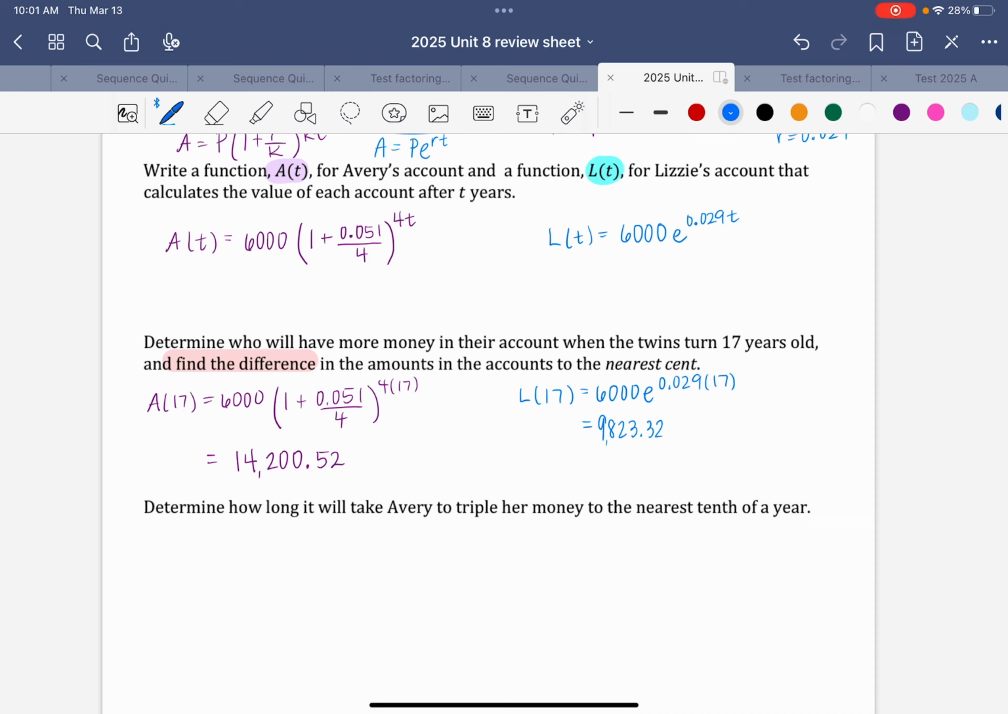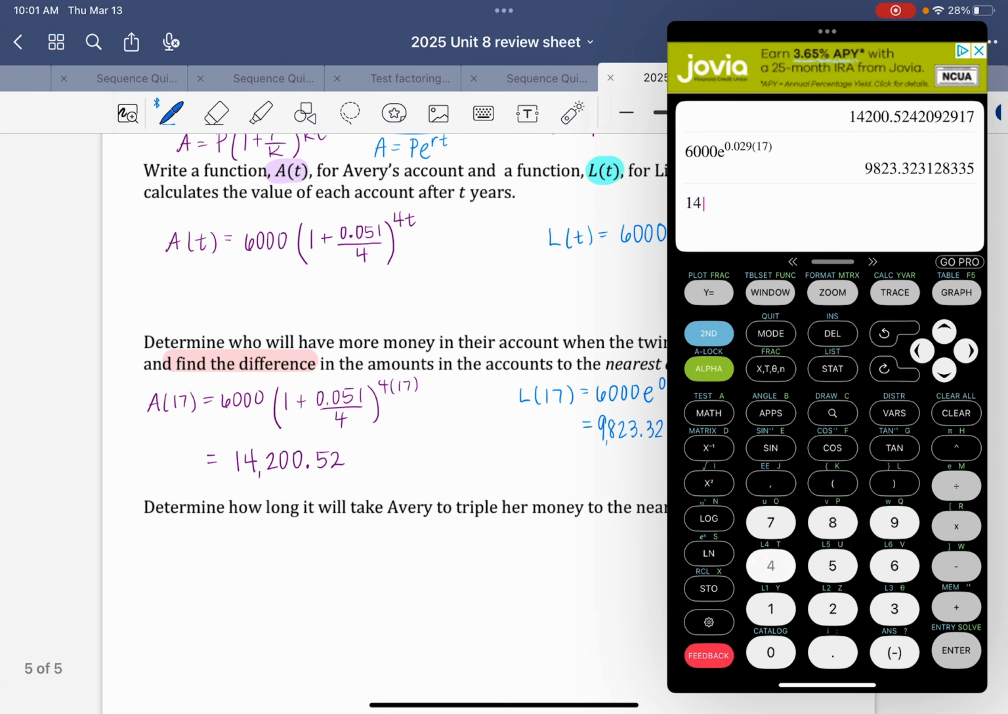All right, so now we know how much each of them has, but they wanted us to find the difference. So now I'm just going to subtract those. So 14,200.52 minus 9,823.32. Oops, I forgot my minus sign there. Try that again, but I'll actually press minus. Minus, there we go, 9,823.32. And we get